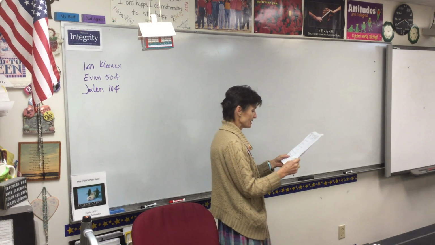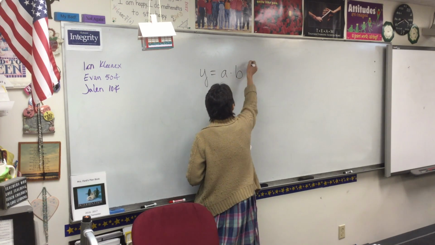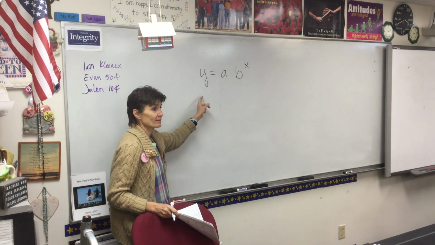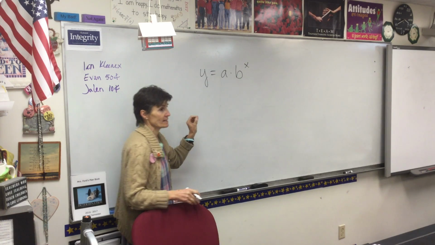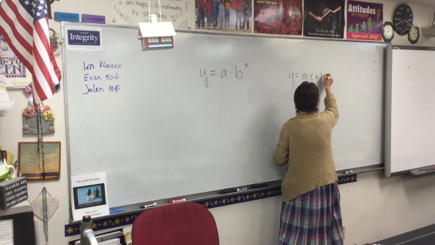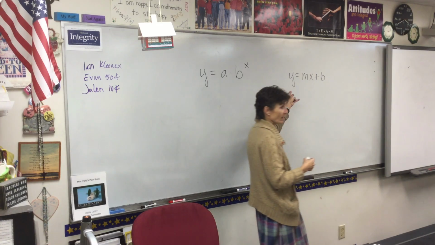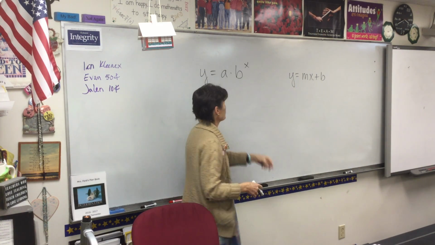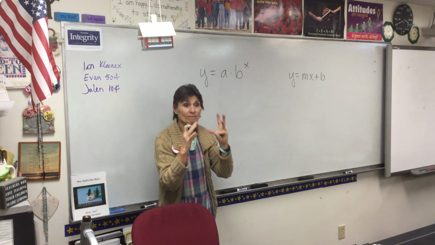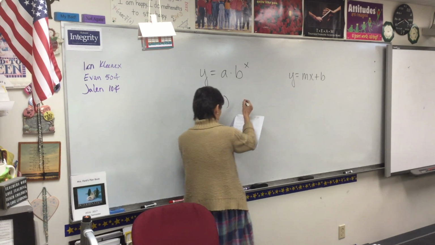All right, so now we're ready for the next part, and I want to get through one of these. I told you that exponential has this form. Okay, let's memorize that. Just like you have memorized that y equals mx plus b is a line. When I say to you, let's write a line, you think y equals mx plus b. Now I want you to think y equals a times b to the x. That's the format for exponential. So when they give me these 2 points,